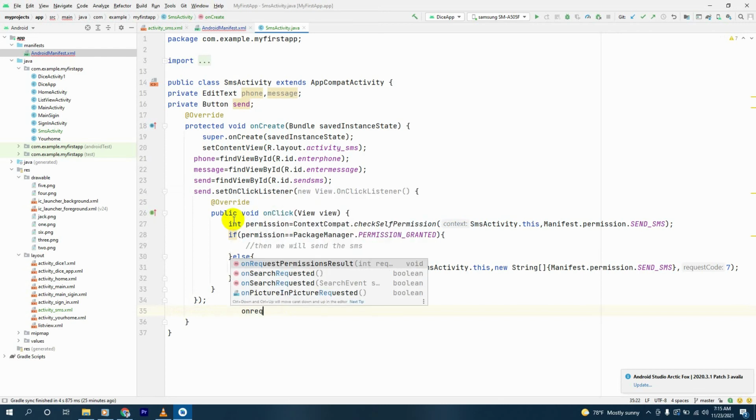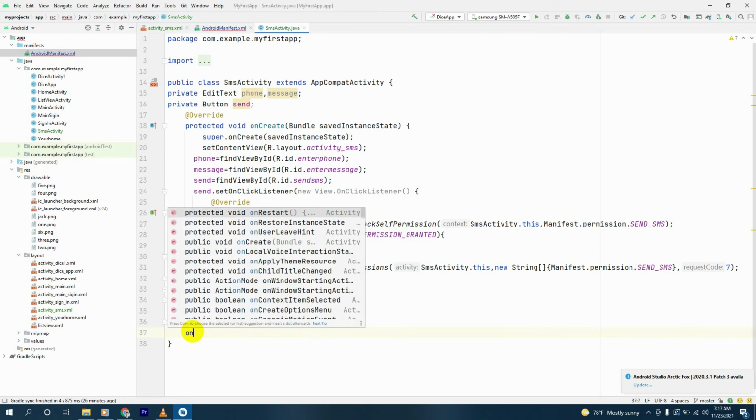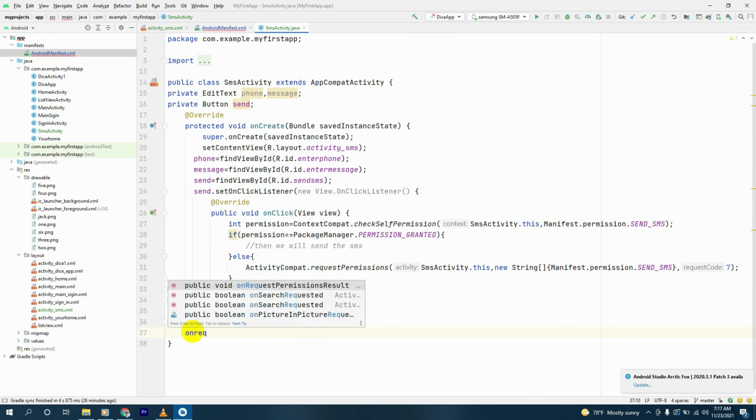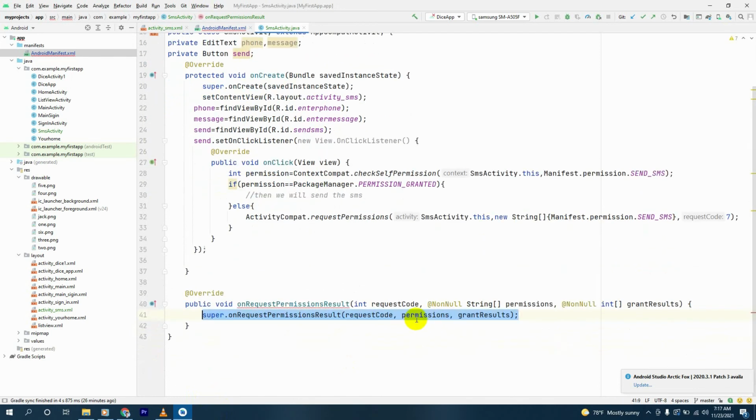Here we'll say on request. Now here we'll have our onRequestPermissionResult method placed. It will be an overridden method, and inside it we'll remove the super instance. No, we'll keep it there, and we'll say